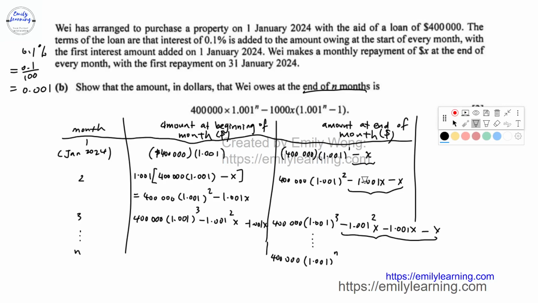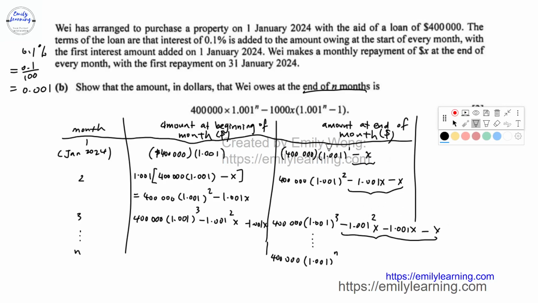Because this term and this term differ by the ratio 1.001, you multiply x by 1.001, you get 1.001x. And then you go on to the third month, there are 3 terms here. Okay, and you have x, 1.001x and minus 1.001 squared x. Something like that, right? So we know that on the nth month, we will also have n terms